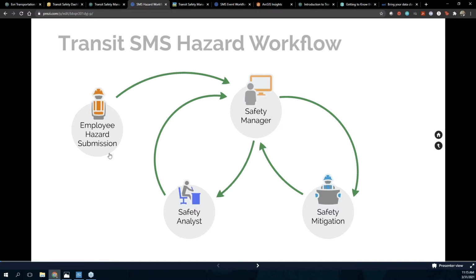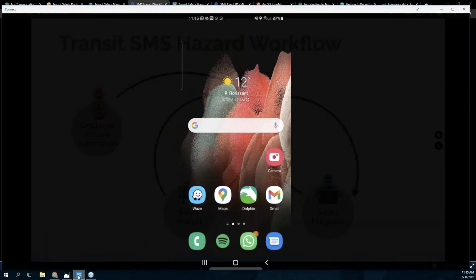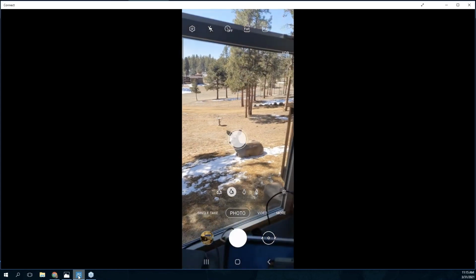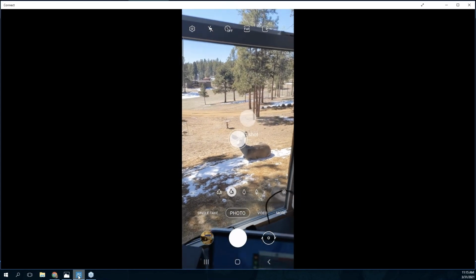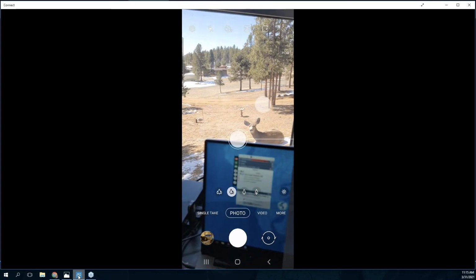So let's take a look at how that might work. First thing I'm going to do is pull up my phone, and pull up my camera. First, I want to show you there is a deer sitting right outside my office. I told you guys before we started. He's still there. Not sure if that's hazardous, but